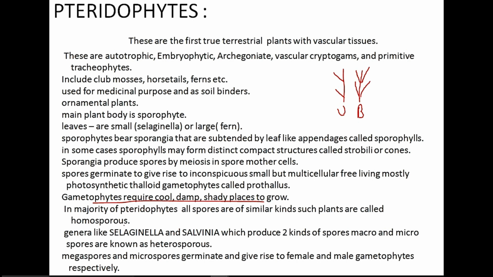The development of the zygote into young embryos takes place within the female gametophyte, as I said. This event is known as a precursor to the seed habit. It is considered an important step in evolution. The embryo thereafter produces a multicellular, well differentiated sporophyte, which is the dominant phase in pteridophytes.